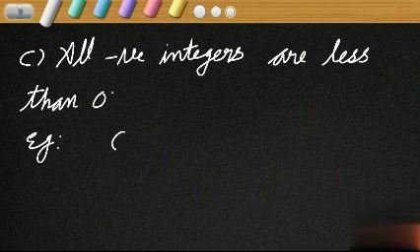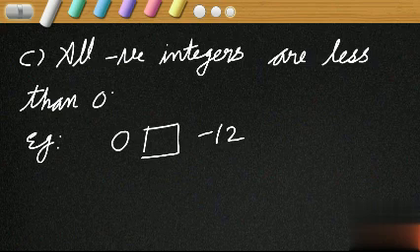Okay, write some examples. That means 0 dash minus 12. Which is greater? Can you say it? Since here 12 is written, so minus 12 is greater than 0. Like that, can you say? No, then which one is greater? Minus 12 is negative. Sign also has to be taken into consideration. Minus 12 is negative. So which is greater? Yeah, 0 is greater than all negative integers.